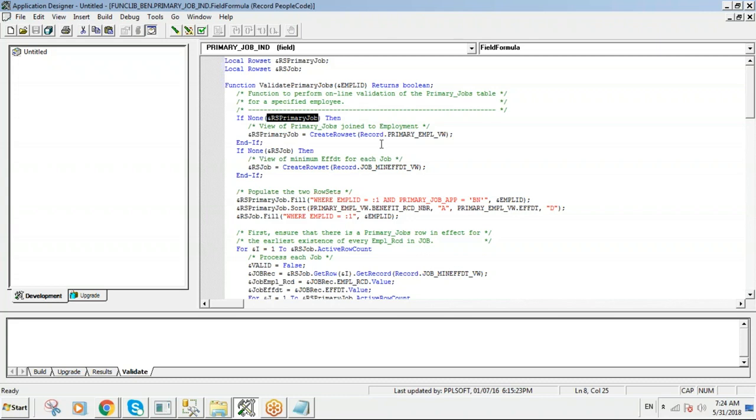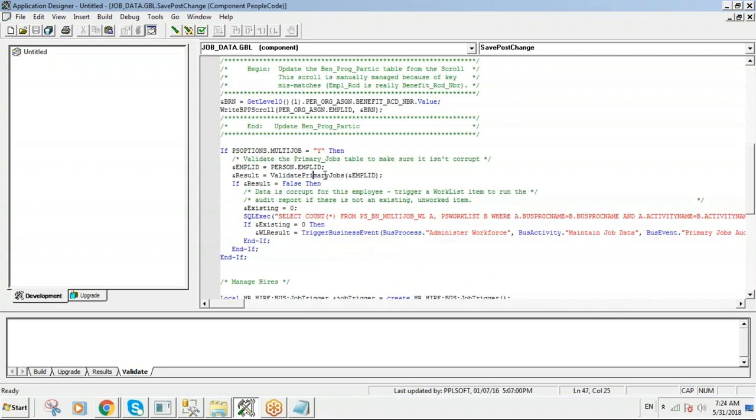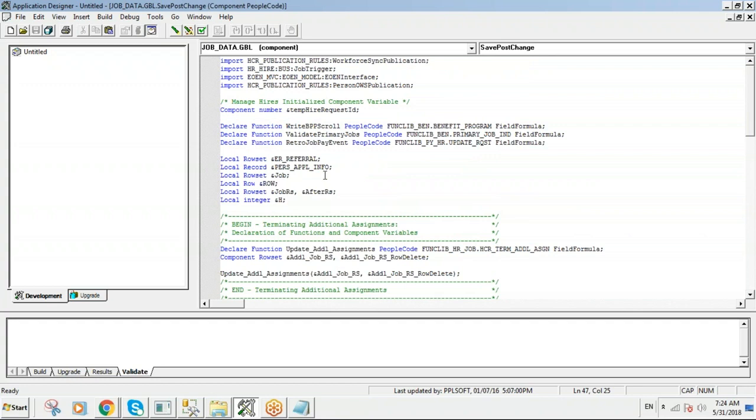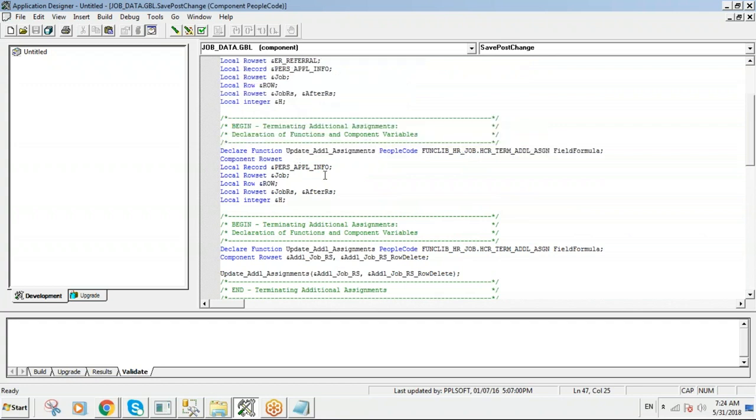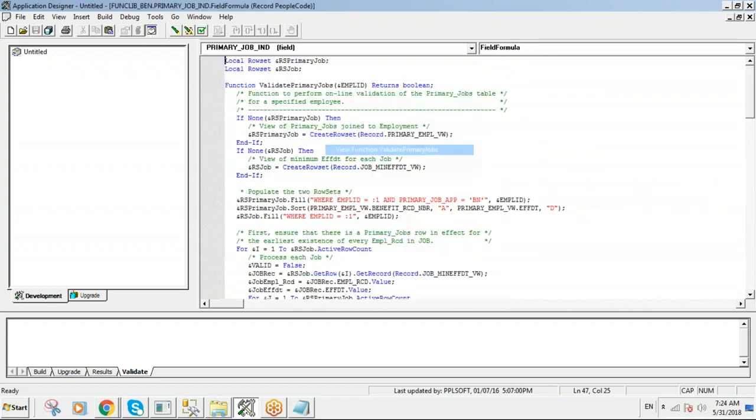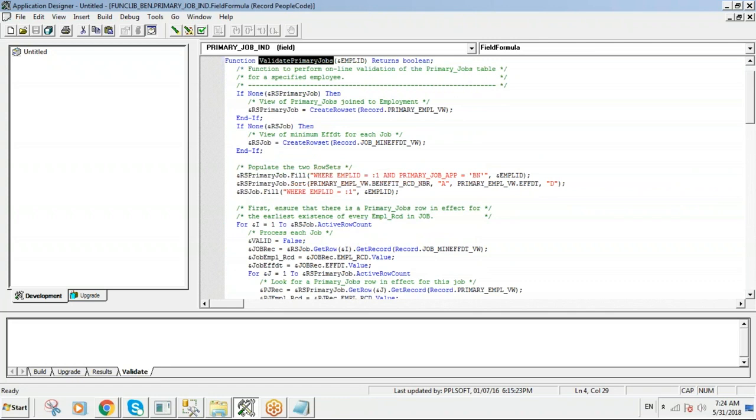We declared it as a row set, no? The row set RS primary job. Here we declared it's a row set. But what I'm saying is, where is the value? Initially the value will be null, and then you're populating it. Absolutely. If none, that means there is no value. Then the view of the primary job joined to the